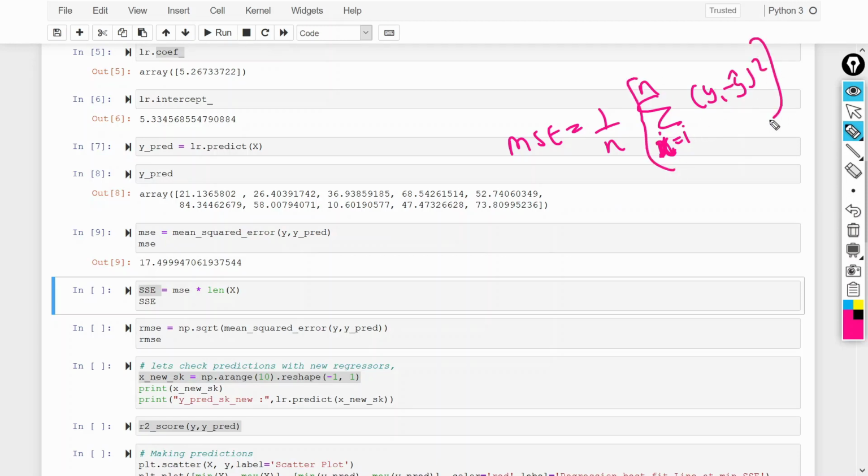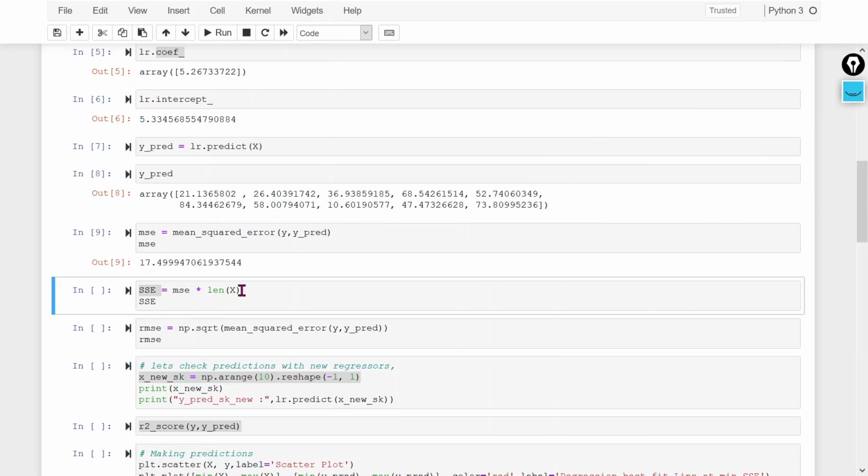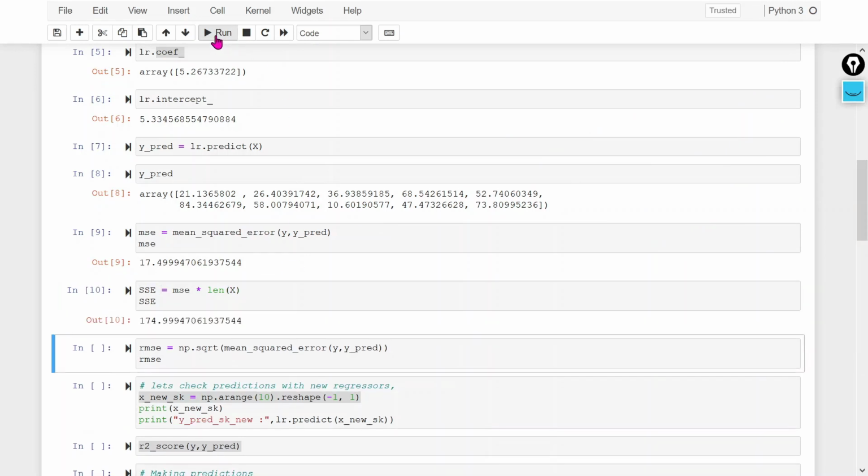So this is your SSE, right? If we want to calculate the SSE, then SSE would be n multiplied by MSE, right? We have already calculated the MSE, so we can calculate the SSE as MSE multiplied by length of x, the total samples n. So that's what I'm going to use here.